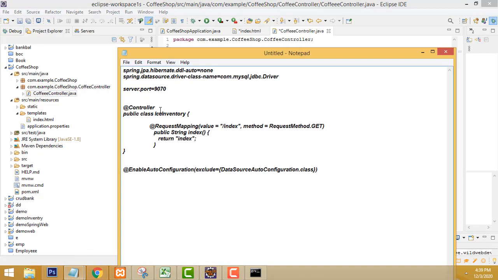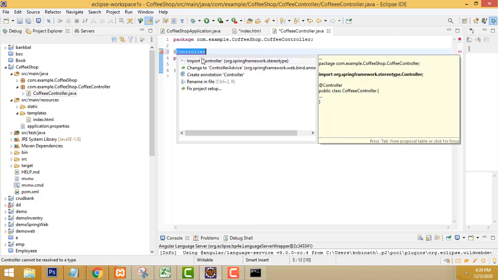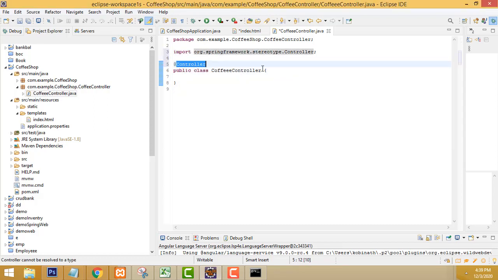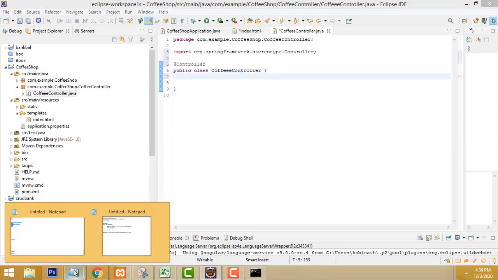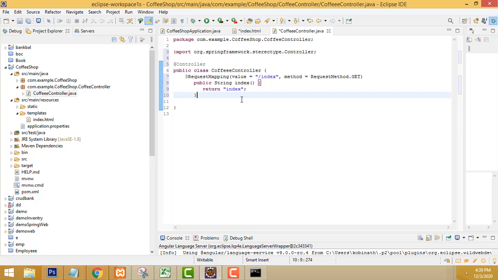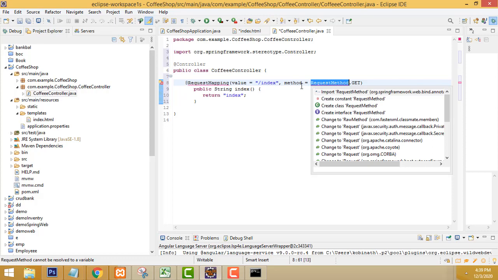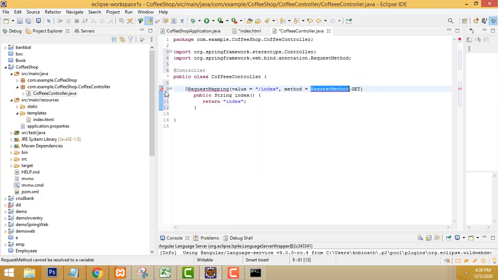How to do the stuff: first, I have already written this over here. This is a controller. First we have to initialize a controller over here. This is the annotation we have to use to make this page act like a controller, right? You have to change it to a controller, so we have to write this annotation. It will then understand this page is a controller. Click on this one, import the controller here. After that, go to here. We have to write the same name. Control C to copy, Control V to paste here, instead of writing again and again. So here we have to use request mapping. This is the annotation we have to use. We have to import this class as well, and again a request method also we have to use.